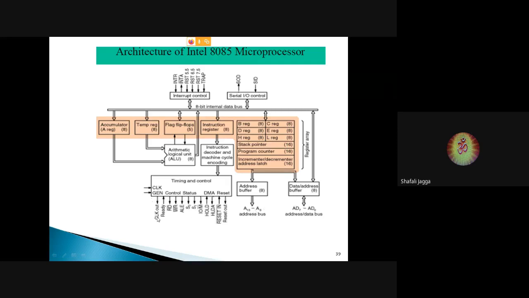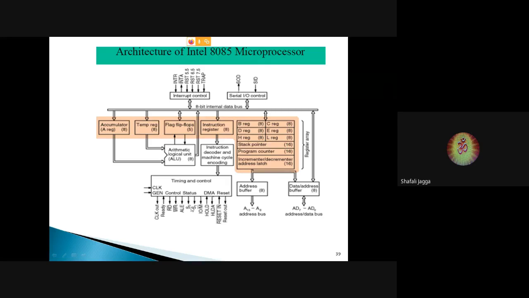Whenever the microprocessor has to read data from some memory or IO device, it must generate this read bar signal. And as you can see, this is an active low output signal. So whenever this signal is 0, only then the read bar signal is activated. Similarly, if the microprocessor wants to write data to memory or an IO device, then the write bar signal must be activated. It will be activated only when it sends 0 across this pin.